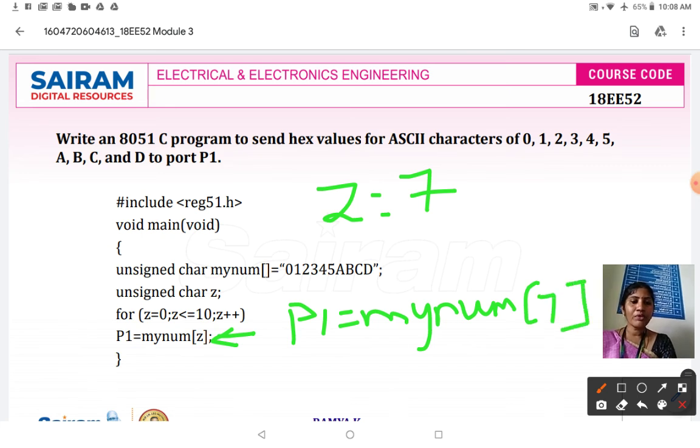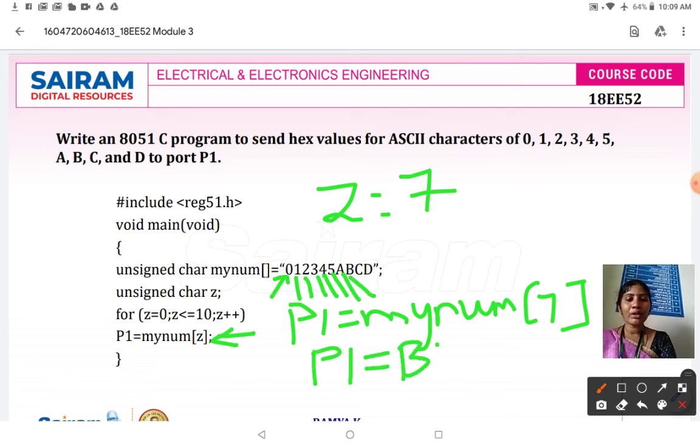So mynum of 7 means the 7th character in the array: first character, second character, third character, fourth character, fifth character, sixth character, seventh character. So the 7th character is going to be B. So B will be stored in your P1 register.